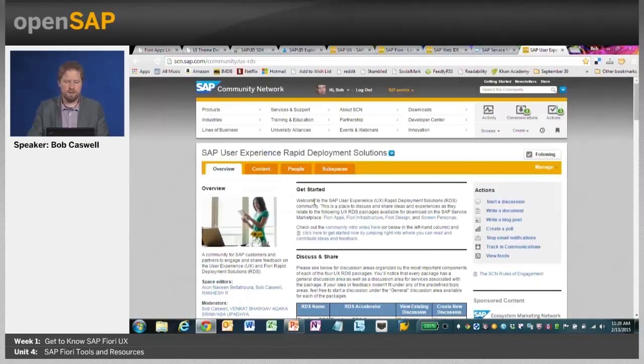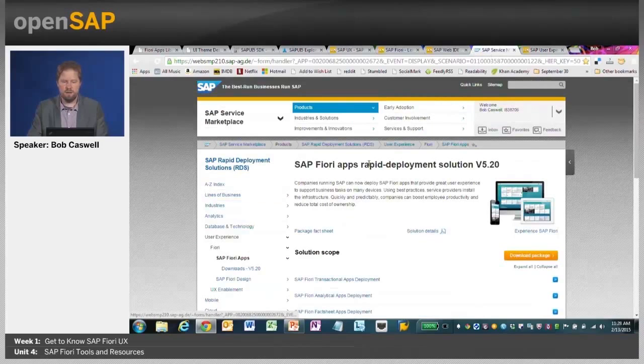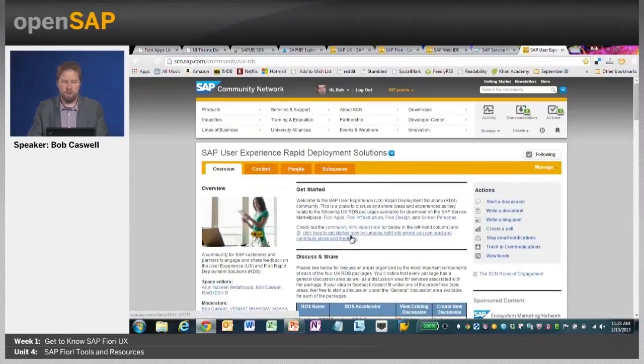And last but not least, there's this User Experience Rapid Deployment Solutions community on SCN. So it's basically these rapid deployment solutions that we covered. If you are interested in them and you want to talk with experts and bounce off some ideas on how best to deploy and configure Fiori apps effectively, this is the community for you, which has great topical areas for